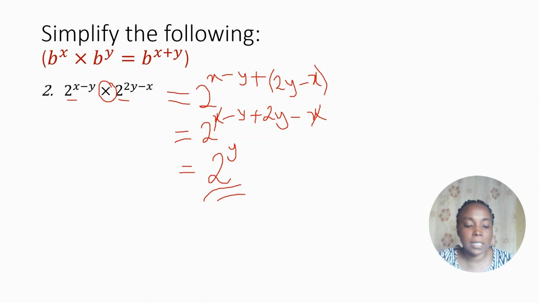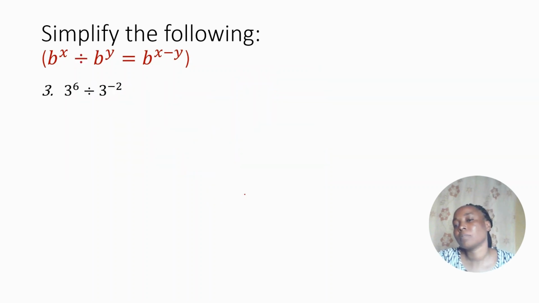Now let's look at example number 3. Now we have 3 raised to power 6 divided by 3 raised to power minus 2. Remember when we started, I told you that a and b can be positive values. So we have been using alphabets, but now we are using numbers. The same thing is applicable here because they are numbers. A and B can actually be numbers. So you're applying the same rule because the bases are the same. So the value here will be